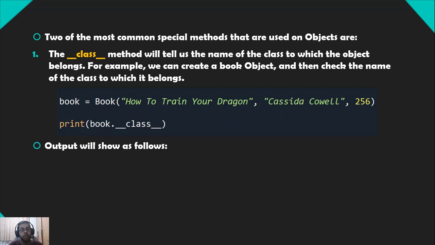Two of the most common special methods that are used on objects are: number 1, the class method will tell us the name of the class to which the object belongs. For example, we can create a book object and then check the name of the class to which it belongs. Book is equal to Book, How to Train Your Dragon, Cressida Cowell, 256. Print book.class. Output will show as follows: